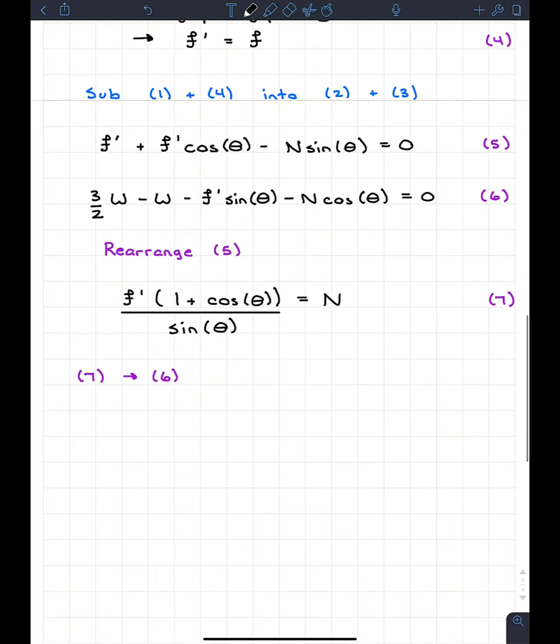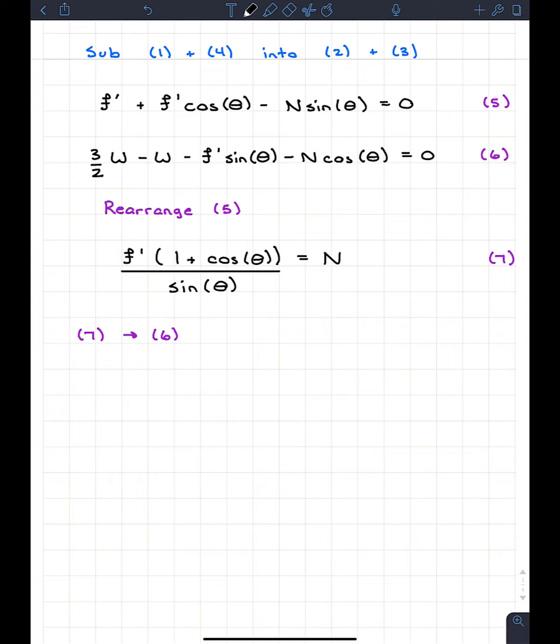So coming down here, what I have for equation 6, well, the first thing I have is 3 over 2 w minus w. Well, that's basically 1.5 minus 1. So what we have on this side is actually just w over 2. So this doesn't come from the substitution. This is just making things a little bit easier. And then we have minus f prime sine theta